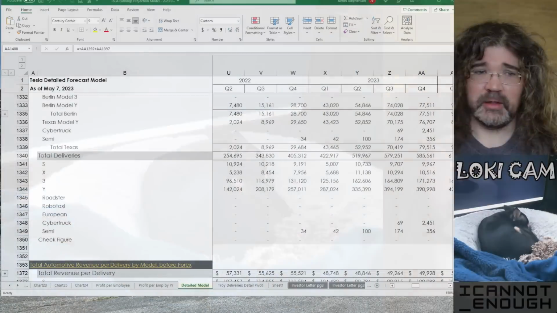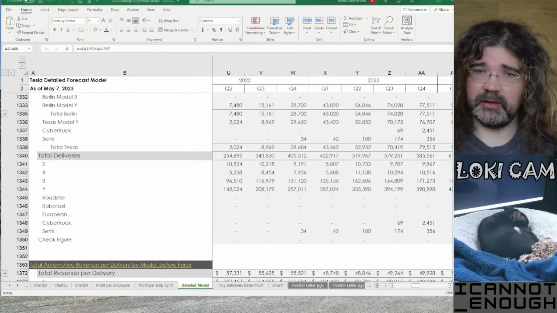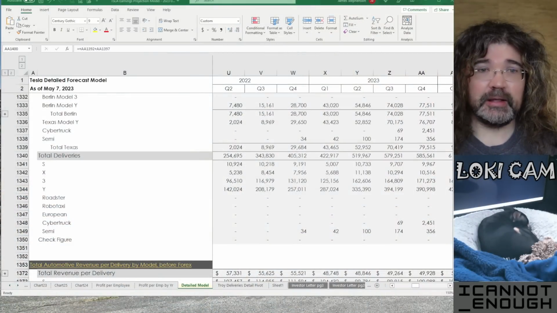I am joined as always by my co-host, Loki, who is sleeping on the job as he normally does in bed. You can keep an eye on Loki in the Loki's bed cam down here,